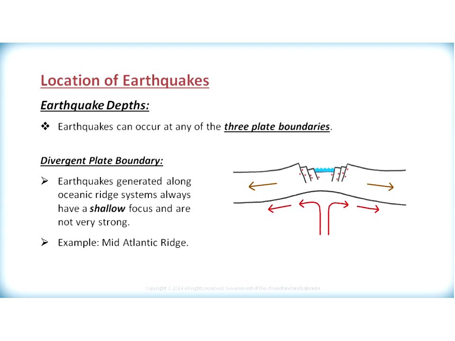When you look at earthquake depths, earthquakes can occur at any of 3 different tectonic plate boundaries. Let's first look at divergent plate boundaries. At a divergent plate boundary, earthquakes are generated along the ocean ridge system, always have a shallow focus and are not very strong. Some examples of where earthquakes could be generated along divergent plate boundaries will be along the Mid-Atlantic Ridge. In the diagram to the right, we see an oceanic ridge where the plates are moving apart due to tensional forces,